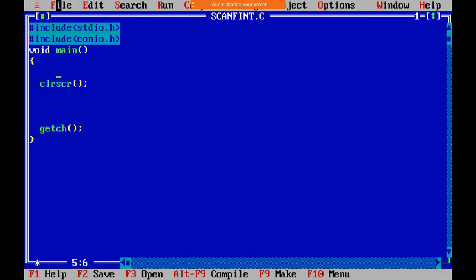Here we just need to declare the variable as int. ABC is a variable.